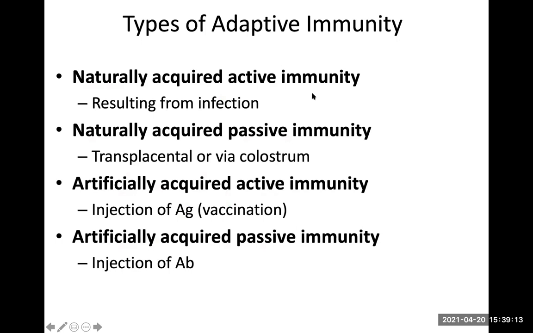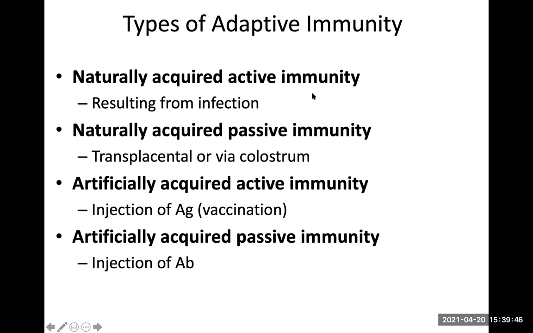Okay, so you can naturally acquire your immunity, and it can be active, and this would be the result of an infection. You can naturally acquire antibodies, and it could be a passive acquisition. This would be things like transplacental during pregnancy, or after birth during breastfeeding, right? That's totally natural for mother to pass